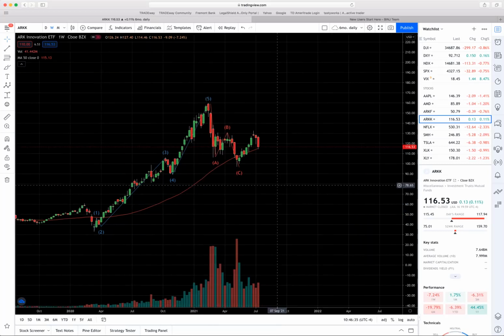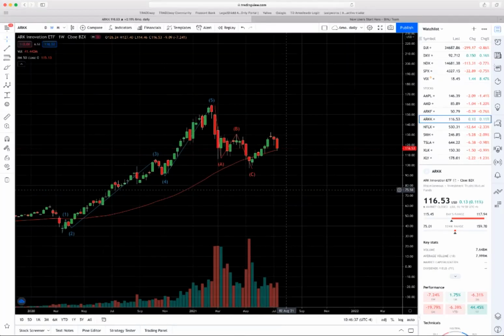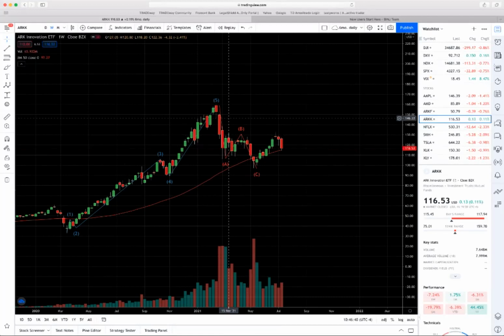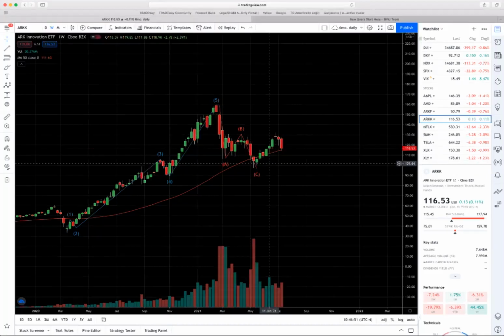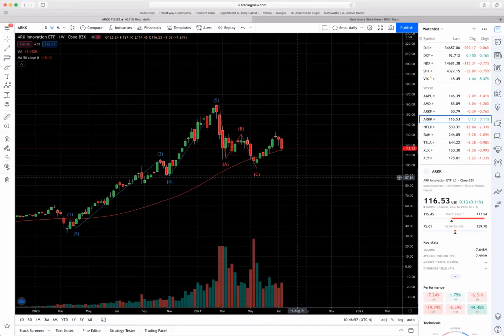So what I like to do, and I can't really remember where I did the pullback from, but we're in the ABC correction, and here is the recent high to the low. And granted, this correction might not be all the way over, right? Maybe this thing can still pull down and come here. I'm learning that you've got to be accepting of that. The correction leg might not be over here, but the momentum has shifted back to tech stocks. So I think that innovation is coming back for ARK, and I think the correction is about over.